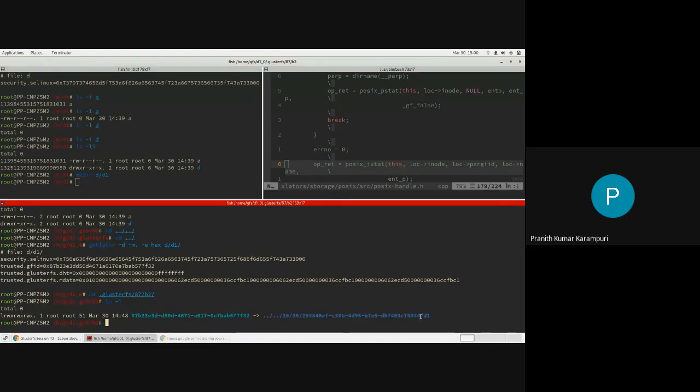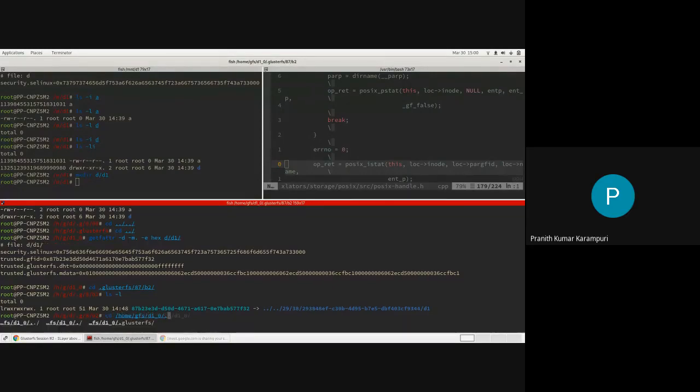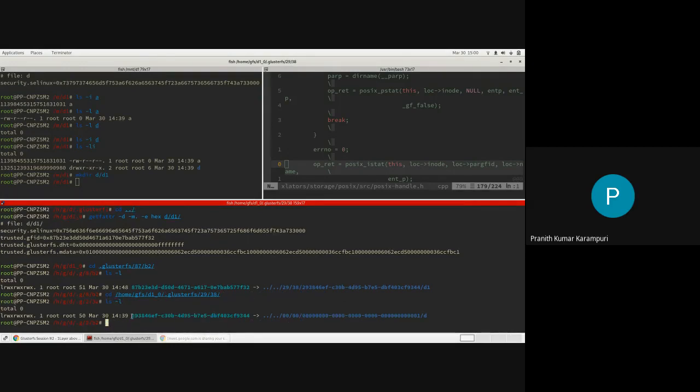Then it will do a read link of this, which will get 29, 38. So it will do a read link on this GFID, 29, 38. Then it will get this path. So it will note down, okay, till here it is D/D1.